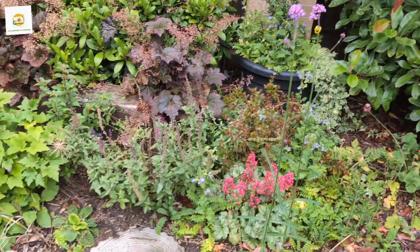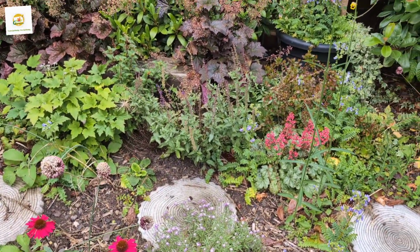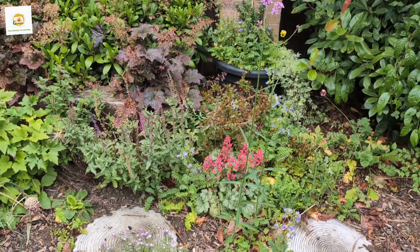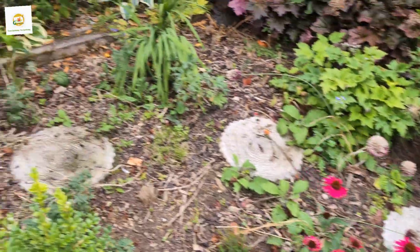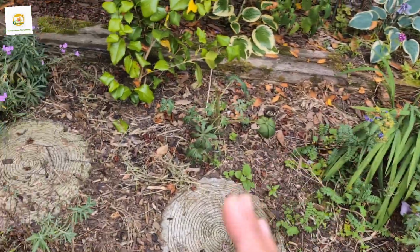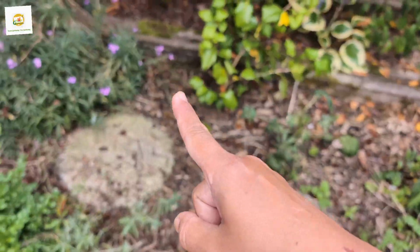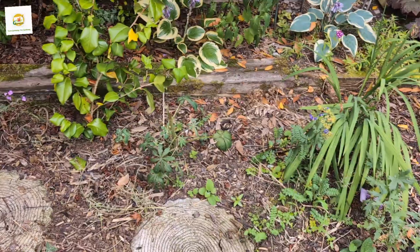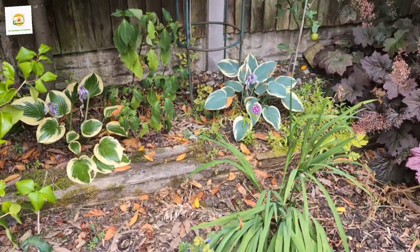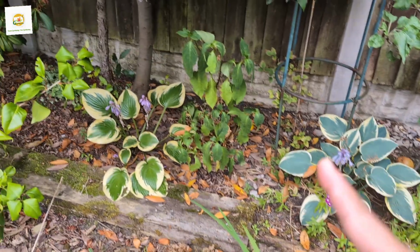So last year I thought I'd have lost it because it did not do anything last year, but this year it just came up on its own. So things sometimes, you know, surprise you. However, my lupins, that one did not come up this year, and this one bloomed earlier and now it's done. Hakuras are not as strong this year as it was last year,